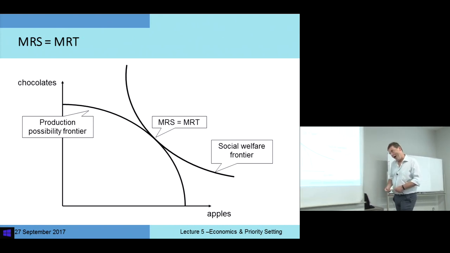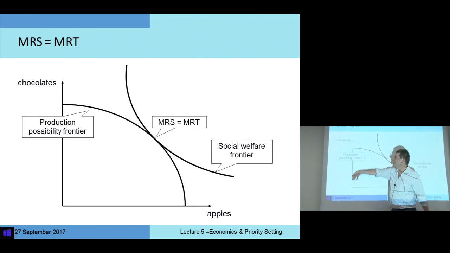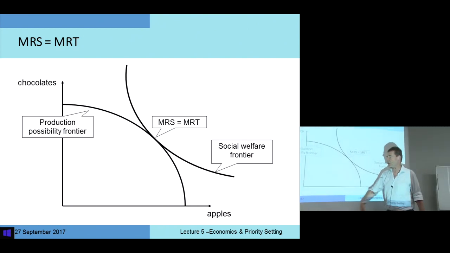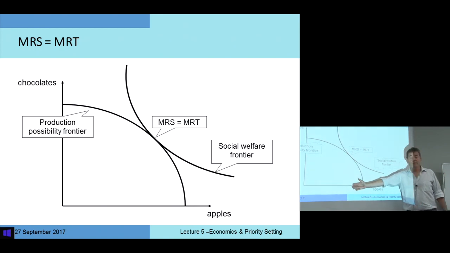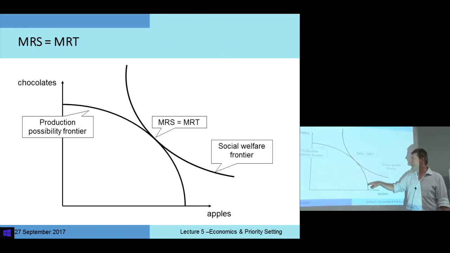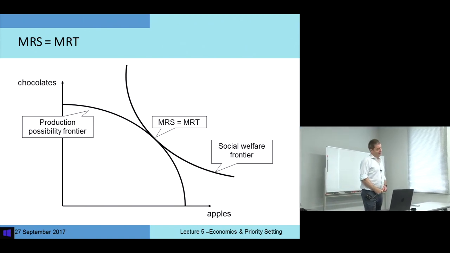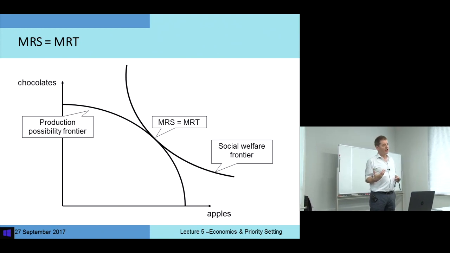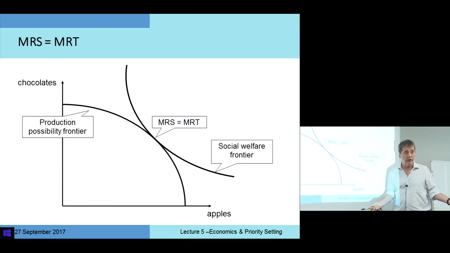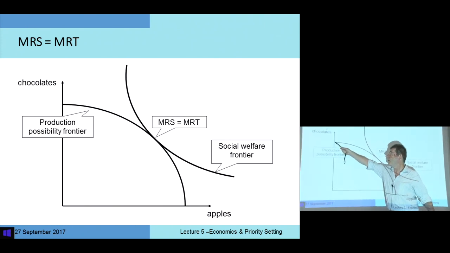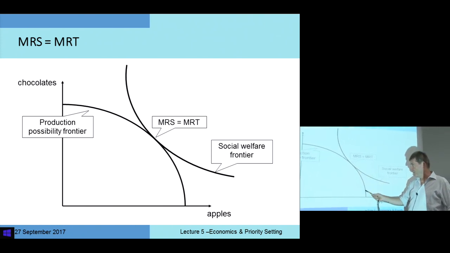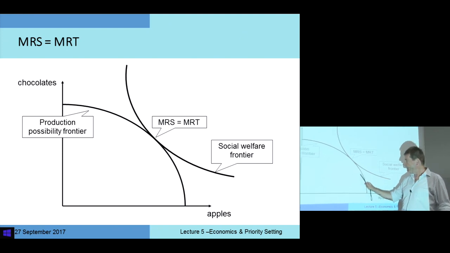And another way of doing it, again, I don't know if it helps, but if it does, quantity of chocolates on the vertical, and quantity of apples on the horizontal. This curve here, we would call, so much jargon, production possibility frontier. It's showing the ability of the economy to produce combinations of different goods. In this case, apples and chocolates. So this economy, given our knowledge, given our available inputs, resources, we could produce all of these combinations of chocolates and apples, or anything below it.